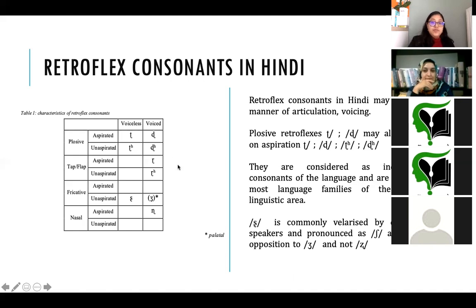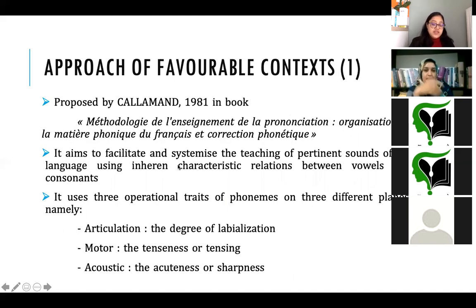Moving on to the approach of favorable contexts. This is a methodology proposed by Monique Calamant, a professor or a maître de conférence in the University of Sorbonne Nouvelle in the 80s. In her book, Méthodologie de l'enseignement de la prononciation, organisation des matières phoniques du français et correction phonétique, which is a long name, of course. This book is still widely used, despite being published in the 80s, and even today, to facilitate and systematize the teaching of pertinent sounds of the language, using inherent relations between